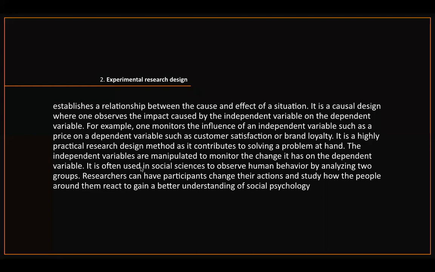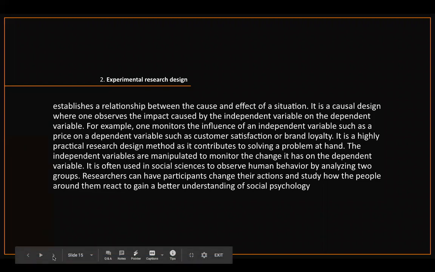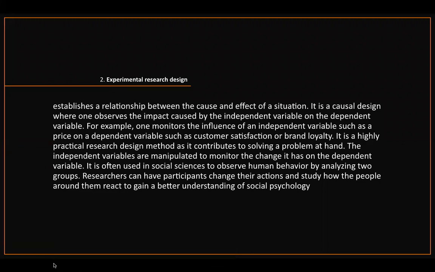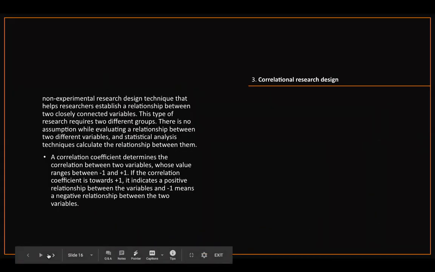And usually they use it in social sciences to observe human behavior between 2 groups. Like I gave you an example, how they spend their retired life. Why do they keep working between the age of 25 and 55 and later on they relax? It is because they have saved enough, right? Majorly social research and psychology research. What happens to a child? Why is a child getting depressed soon? Maybe because of his childhood influences. He has had a lot of drivers in the childhood which is influencing his current behavior.